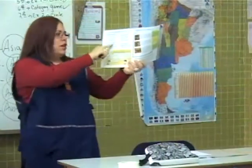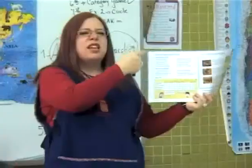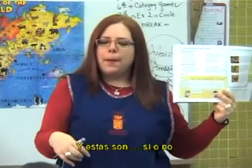Exercise 2 here. And what's the difference between the first sentences we did and this second? Who can read the first one as an example? ¿Qué diferencia ven con los primeros que hicimos? Negative and positive. Exactly, negative and affirmative. And these are